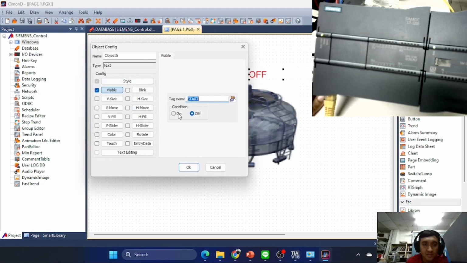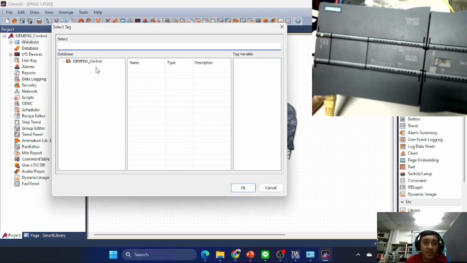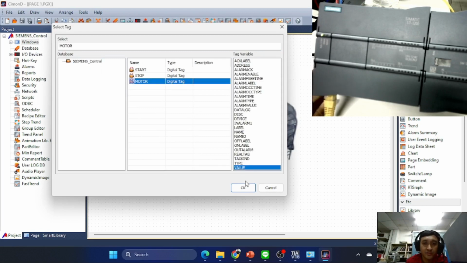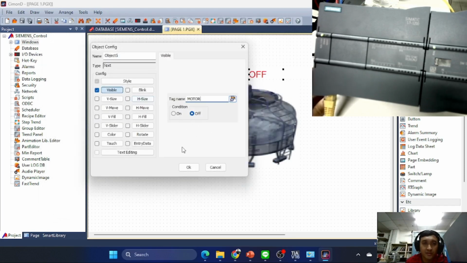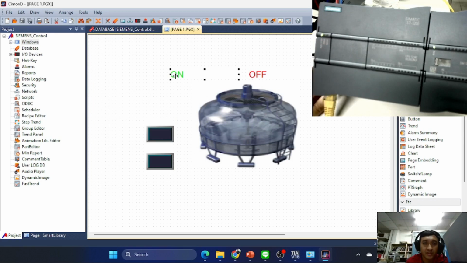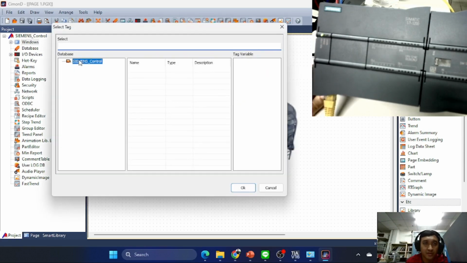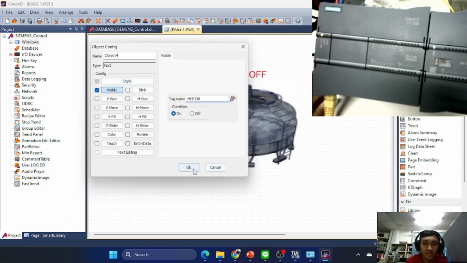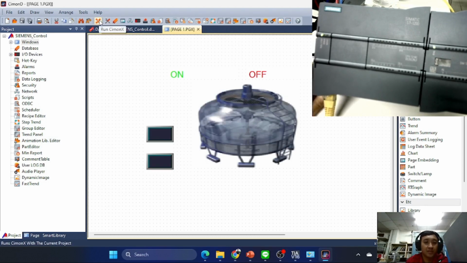Visible start, maybe we can use this motor. Okay, motor off, and then this one is motor, not start button. Okay, we can save and run again.